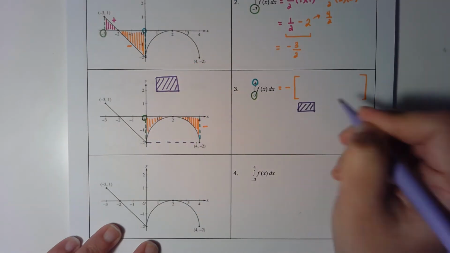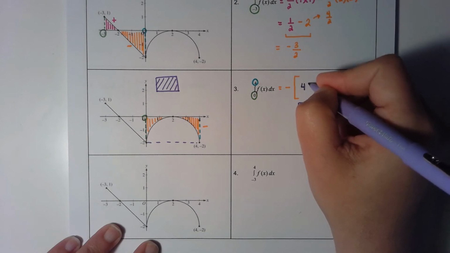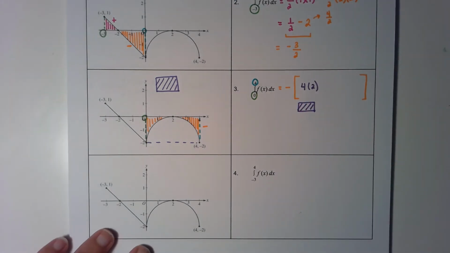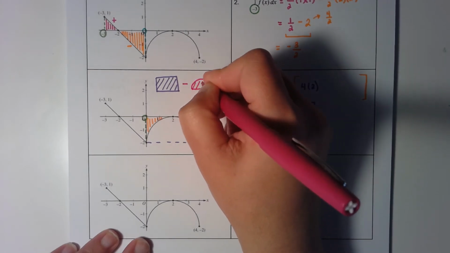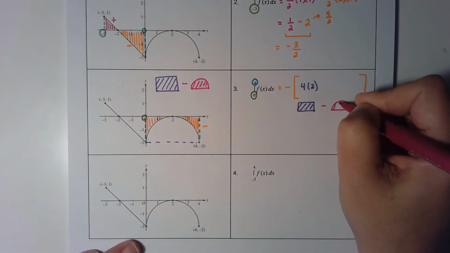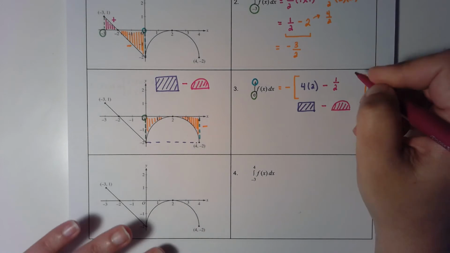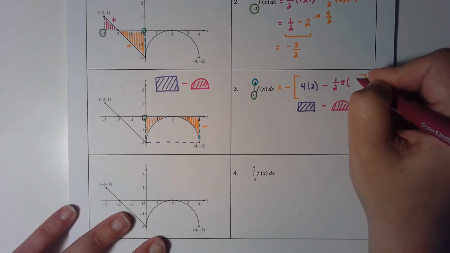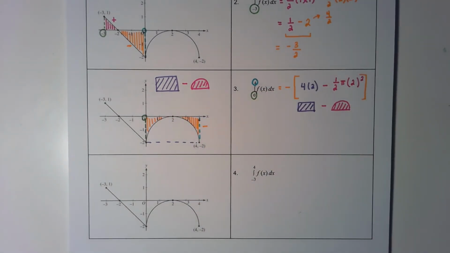And the area of that rectangle would be just base times height. So the base would be 4 and the height would be 2. Minus, and in order to find that other portion of the area, I'm going to subtract the semicircle. And that's going to give me the region that's on the outside. So I'm going to do minus the semicircle. Now, the area of a circle is pi r squared. So a semicircle would just be half of pi, and then r squared. And in this case, the radius r would be 2. So in order to get that area that's outside of the semicircle, I'm going to do the rectangle minus the